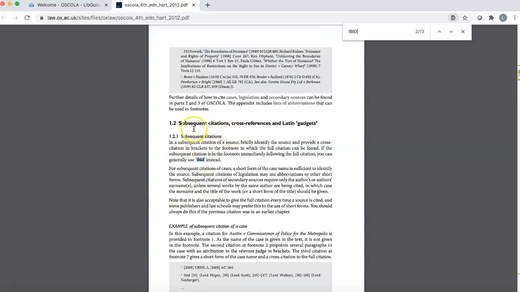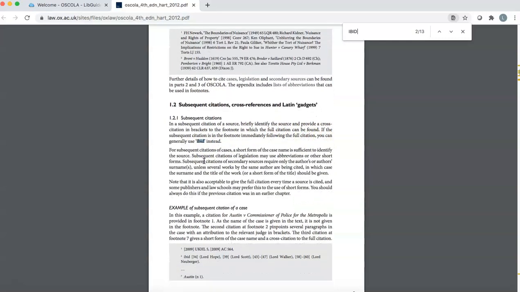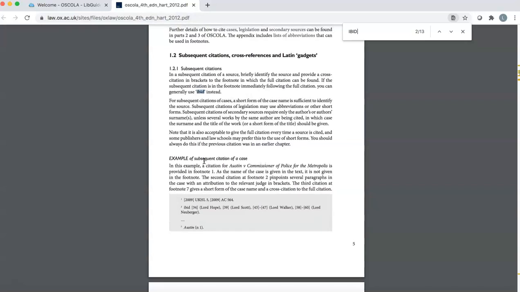And here's the section on subsequent citations, cross-referencing and Latin gadgets. So it tells you here, if the subsequent citation is in the footnote immediately following the full citation, you can generally use ibid instead. So that's what I'm going to do, and any pinpointing can be put in after ibid. So if I want to refer to a specific section, then I can do so after the abbreviation